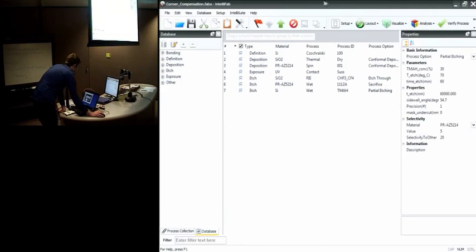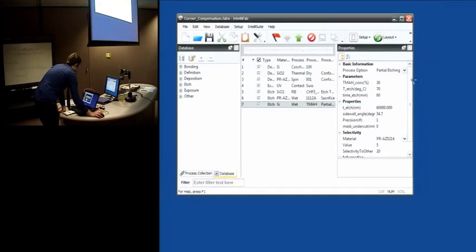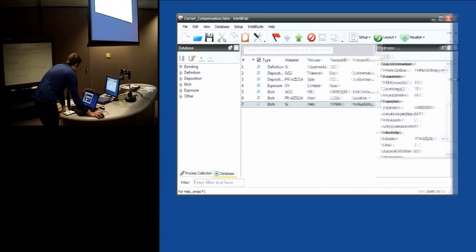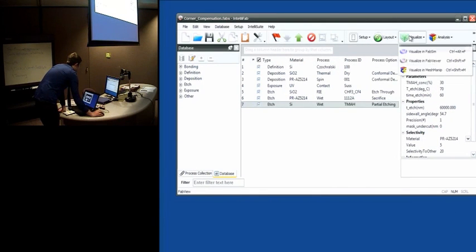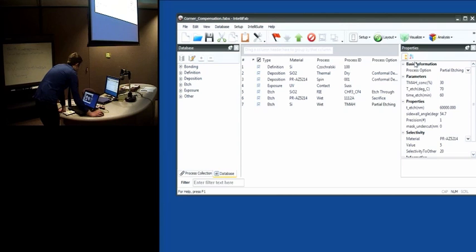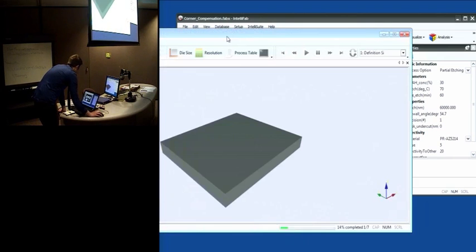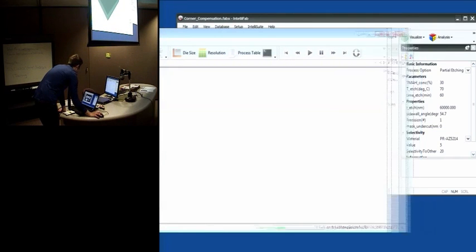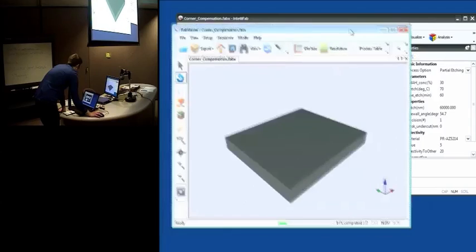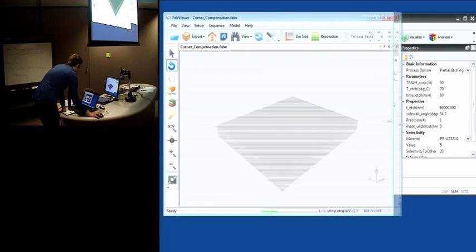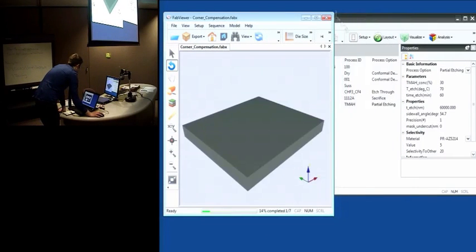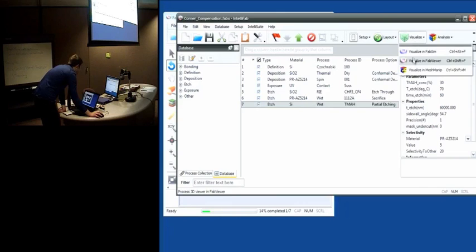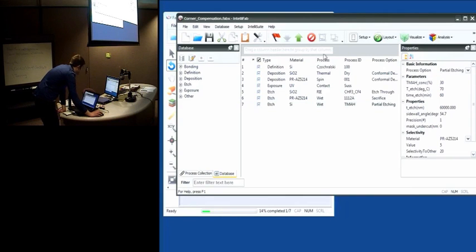So here we have a very basic process flow. And we can visualize it in FabViewer. Try to get them both on here. And in FabSim,